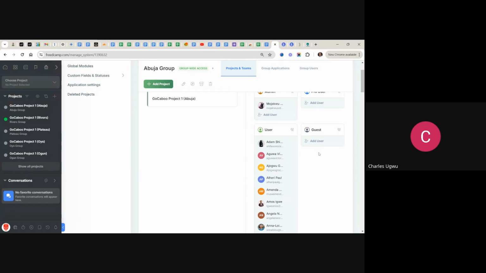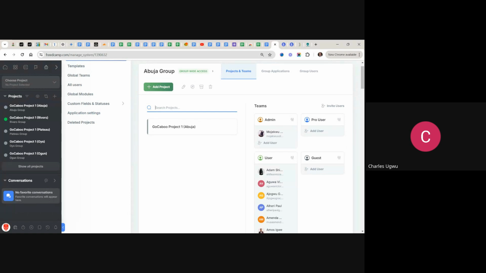They are guests. They perform some tasks here. And then we'll have pro users. So these are various ways, different users. And these are the ways you are going to be adding